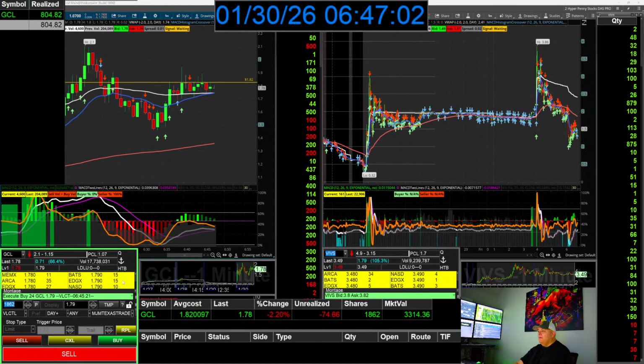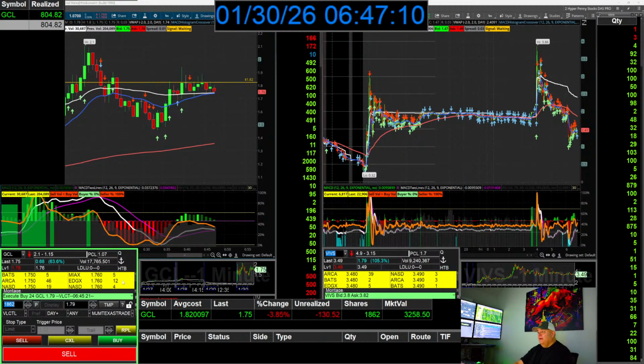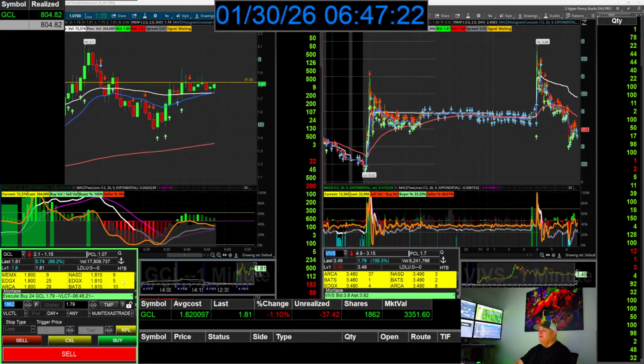Here we go. Come on. Consolidation. It's holding up. It's going to hold up. Come on. Is it going to hold up? Consolidation. Let's go. Down 130. Come on, here we go. Push. It's holding up. There we go. Push.